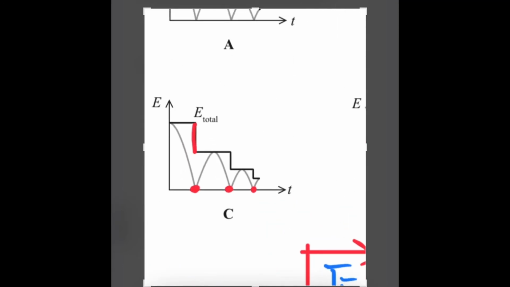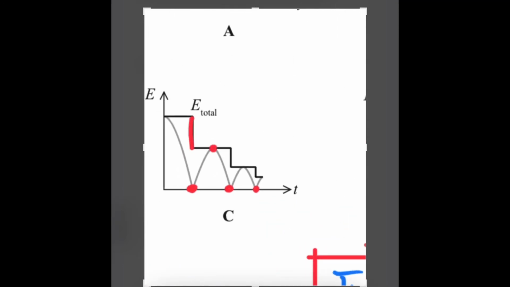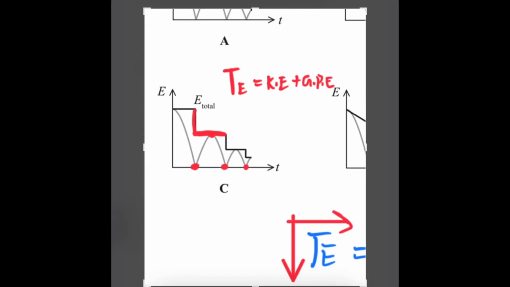Since total energy is equal to the kinetic energy plus gravitational potential energy. So at the highest point, when the kinetic energy is zero, the velocity is zero,